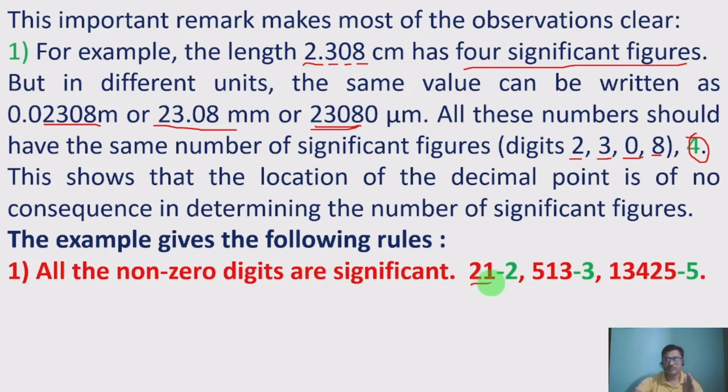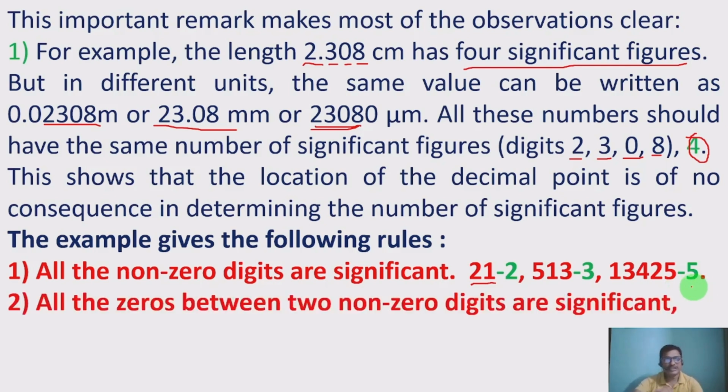That is, in this one example, 21, 2 and 1 are non-zero, so 2 significant figures. 5, 1, 3, all 3 are non-zero, so 3 significant figures. And here 1, 3, 4, 2, 5, all 5 digits are non-zero and all are significant figures. Then moving to the second rule,